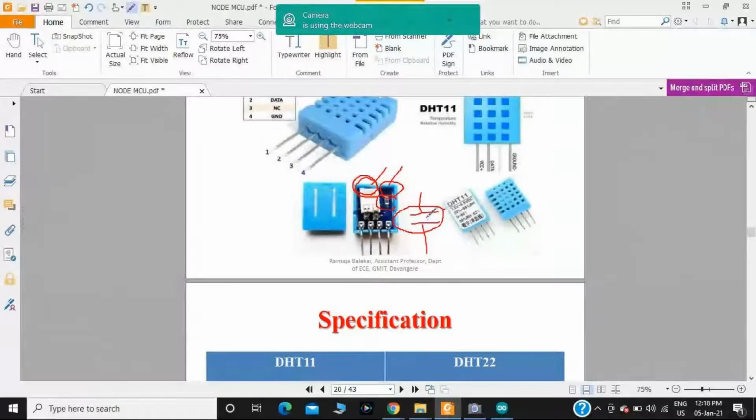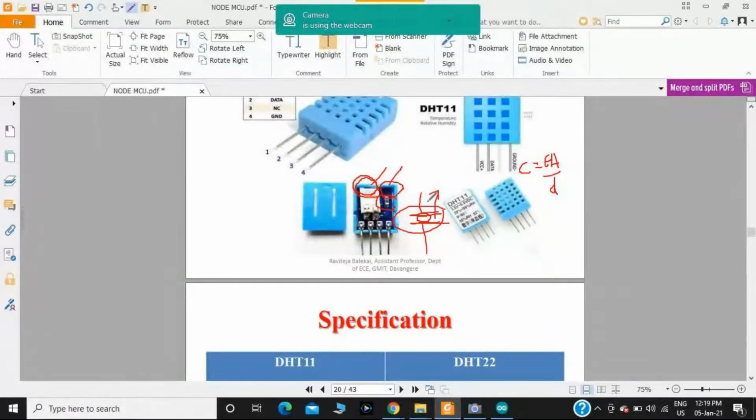Okay, I think you know the capacitor expression C is equal to epsilon A divided by D. And epsilon is nothing but the permittivity, the permittivity between the two plates. In order to measure the humidity around the surrounding area, they put a hygroscopic material between these two plates. The purpose of using the hygroscopic material is that it measures the amount of water molecules present in the surrounding area.